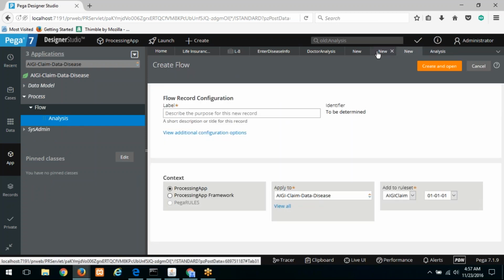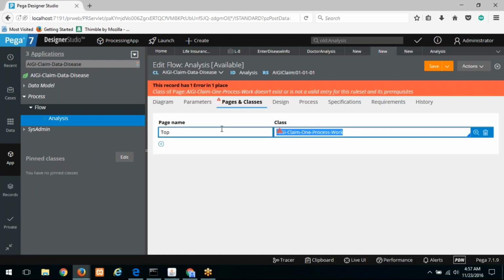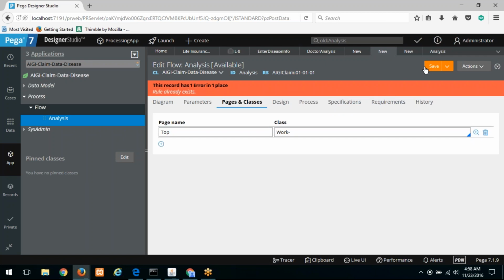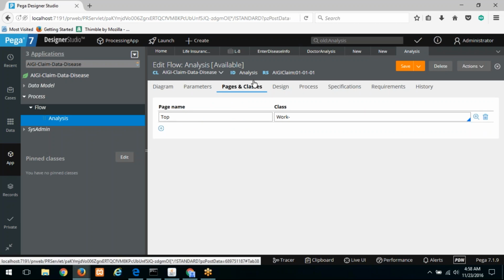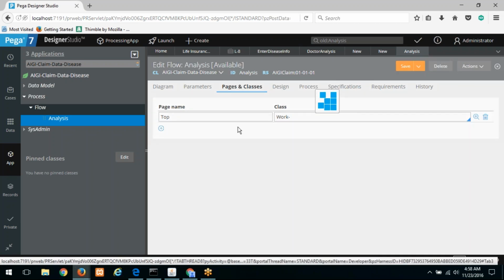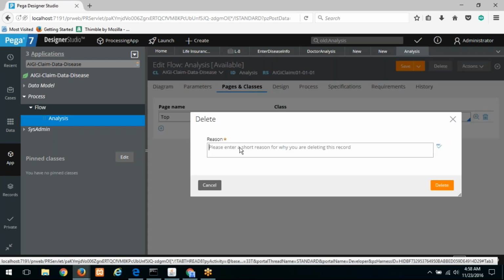I think I might have to give the flow here as work dash. That would work. Okay, so the way to get rid of this error is just to give the top level class as just the parent